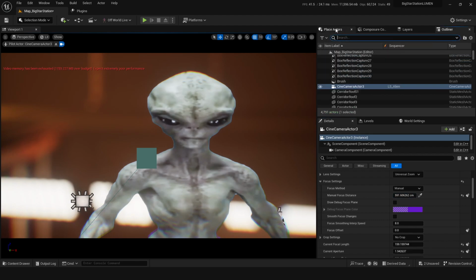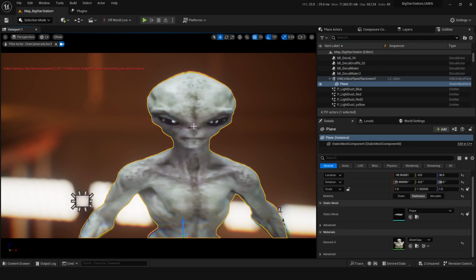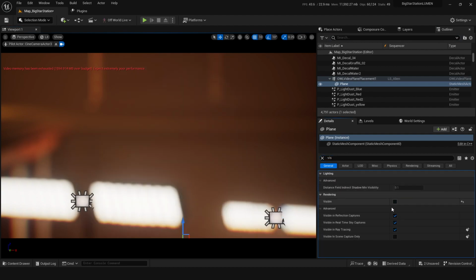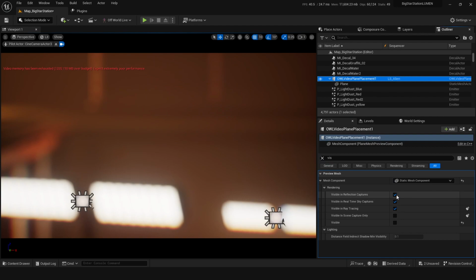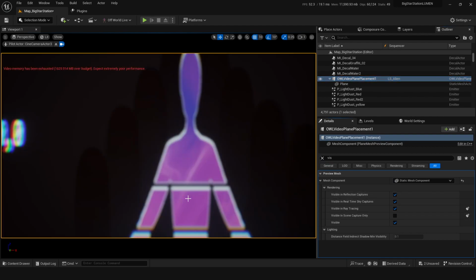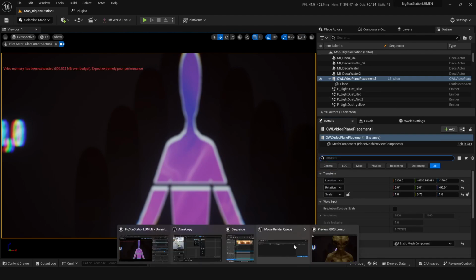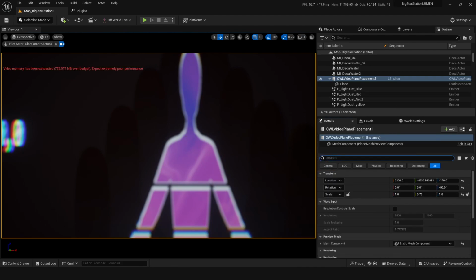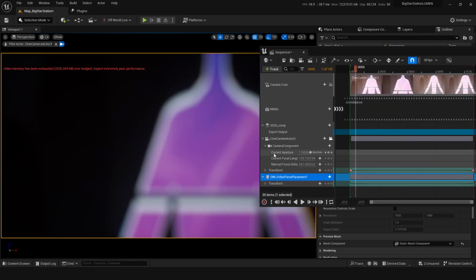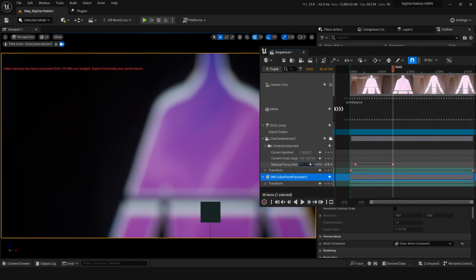Another way we can double check that the actor is actually going to be in focus, actually, I've just thought about this, is I'm going to make this invisible for now. And then I'm going to go to the video plane placement and make that visible. So if this is in focus, then the alien should be in focus. Let's go back to our sequencer and let's keyframe this manual focus distance. Over here, we want this to be